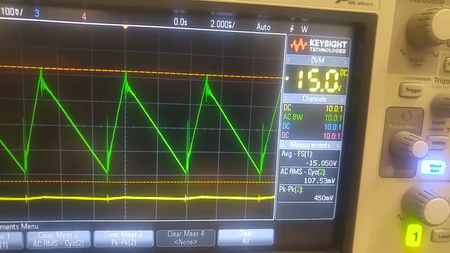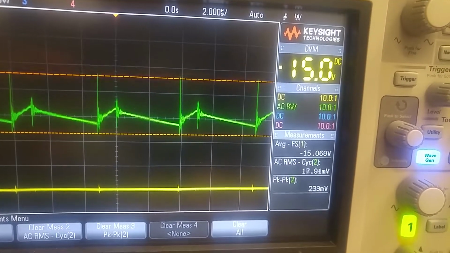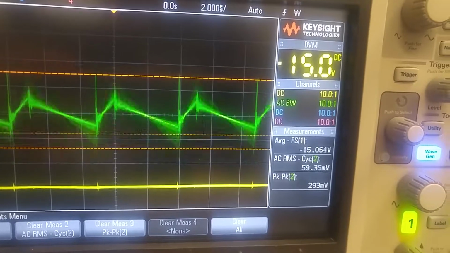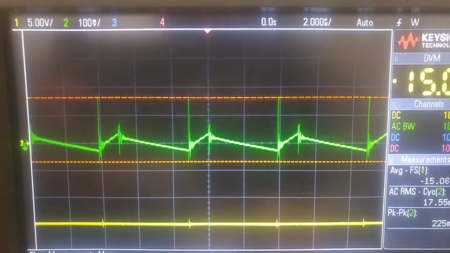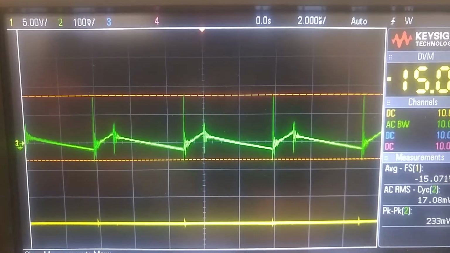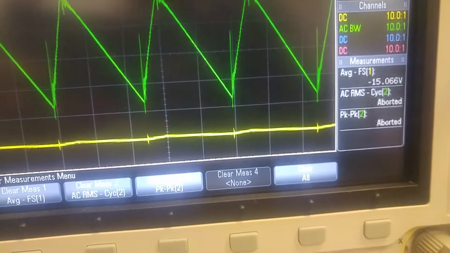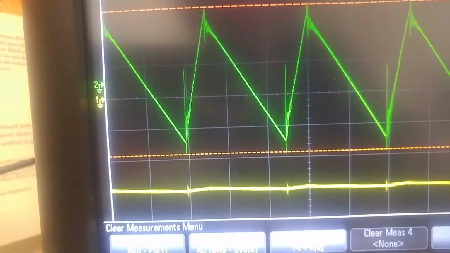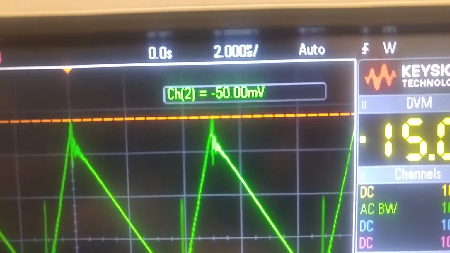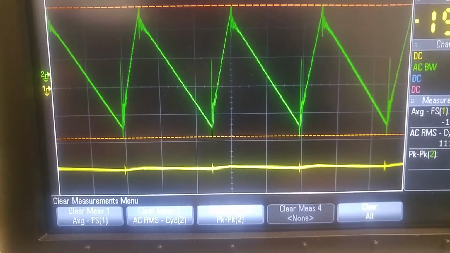How's this? Well, that peak to peak says 220, but that's the peak to peak of the peak to peak. We're at what, 100 millivolts per division? And this is less than 100 millivolts per division. So I'm putting the left edge right in the middle at 50 millivolts. So then if it stays within that bound,